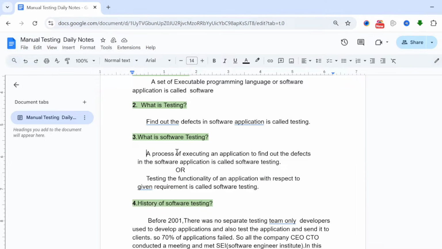See, a process of executing an application to find out the defects in the software application, that is called software testing, or else another definition is there, testing the functionality of an application with respect to the given requirement, that is called software testing. Next,